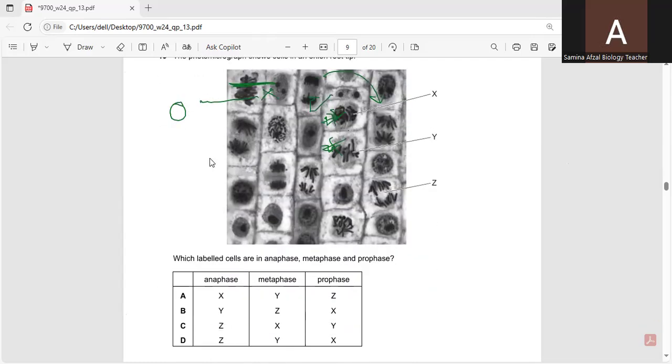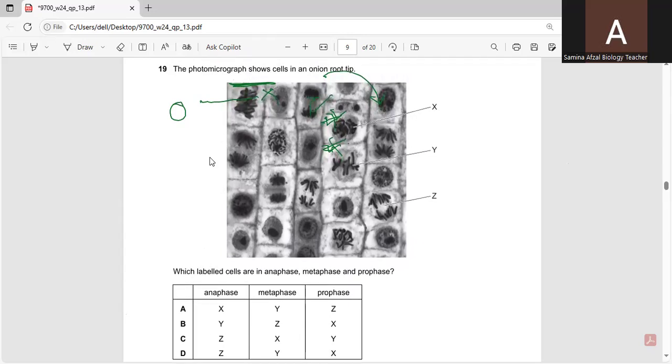Moving towards question number 19. The photomicrograph shows cells in the onion root tips. Which labeled cells are in anaphase, metaphase, and prophase? So I'm moving towards the X. Here you can see,